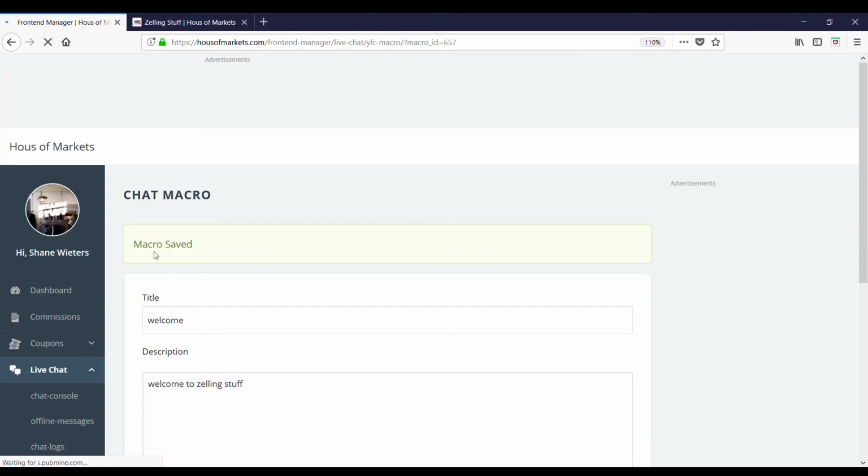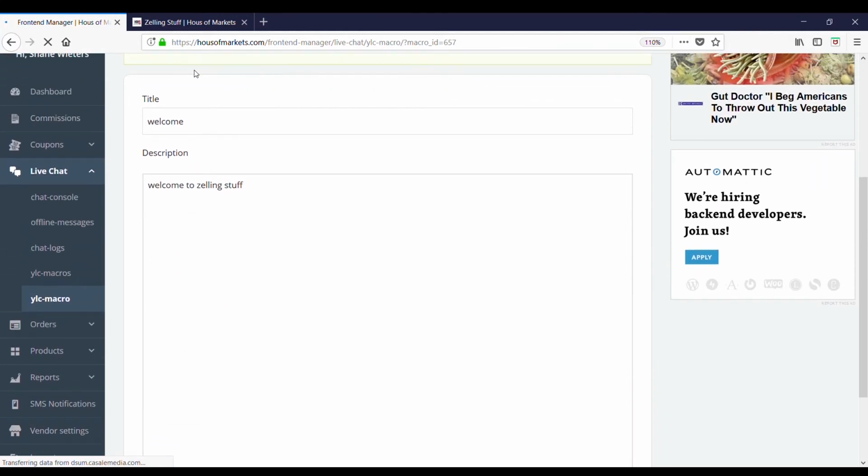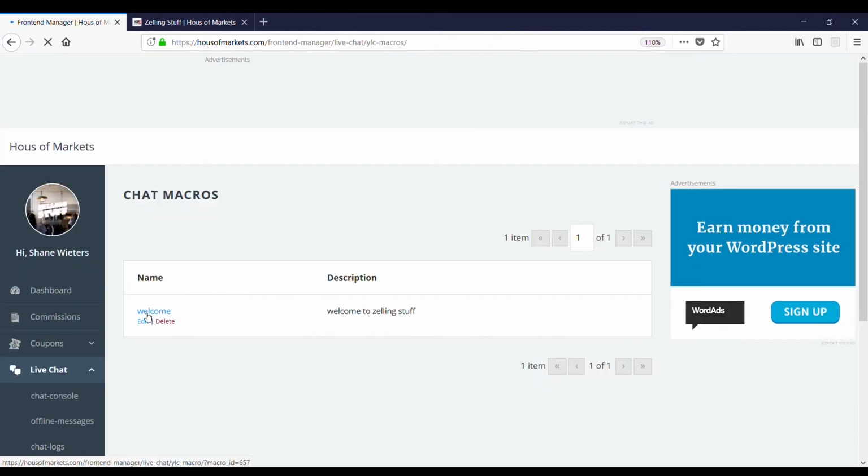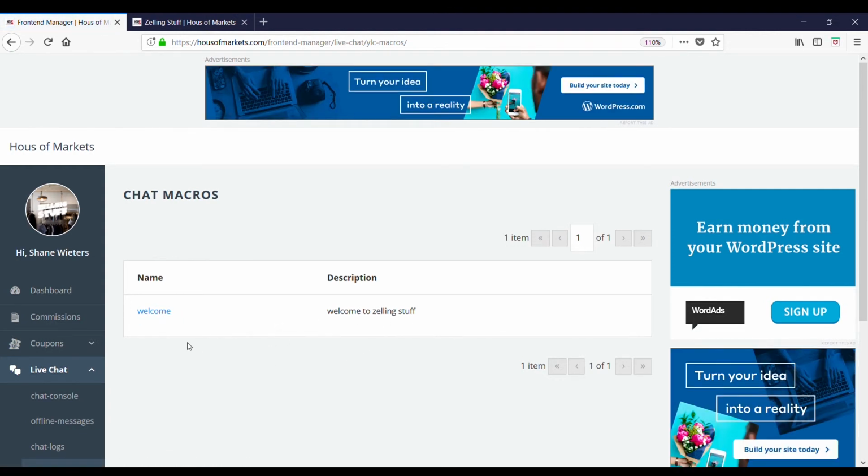So once we click save, it's going to tell you it's been saved. And then in order to find this macro, you're going to go over to macros here. Obviously, when you have more than one, this is where they're all going to be stored. So you're going to be able to see all your macros, and you can delete them here. So now when you go back to your chat console,